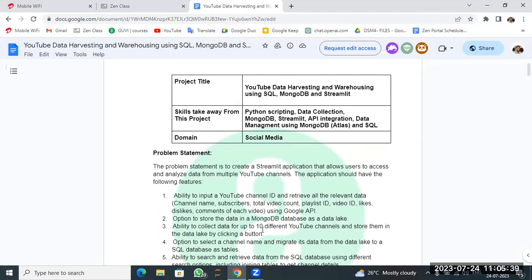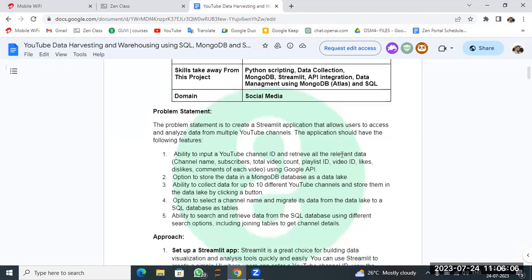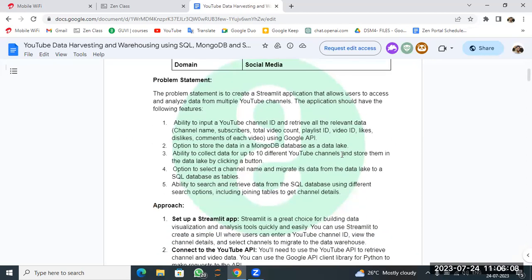So basically, you have to design one application in Streamlit. How we design an application in a Dash application, it is the same thing with Streamlit, nothing more than that. So the first task is how to create a small application using Streamlit. You do this learning either through Google, ChatGPT, Bard, or YouTube videos, every possible option you try. Once you are satisfied with how to develop an app with Streamlit,